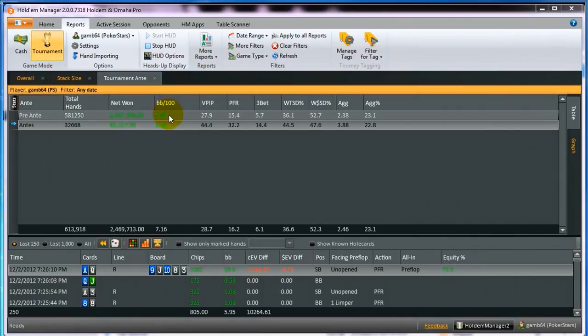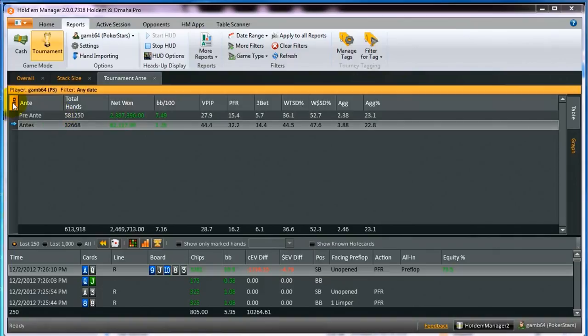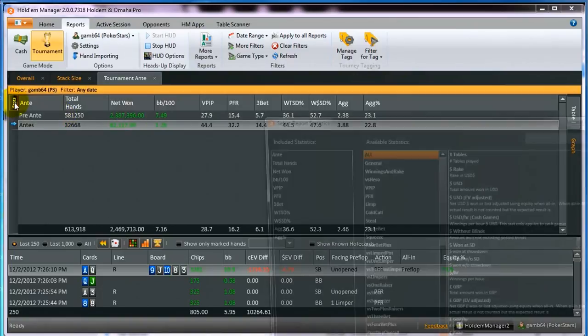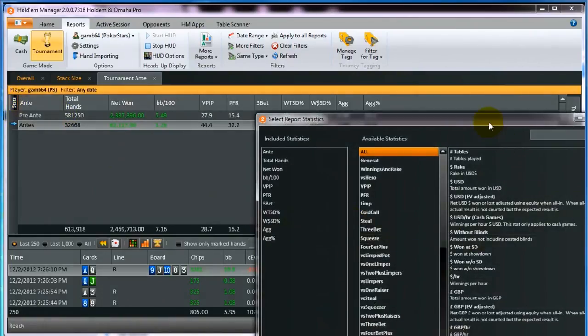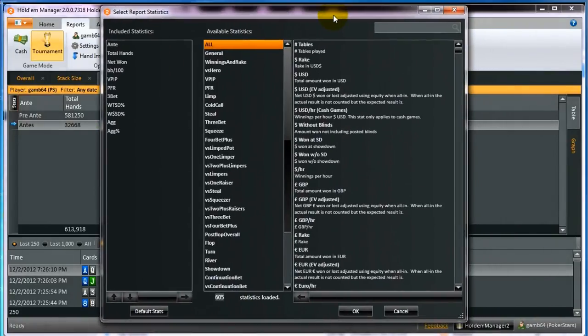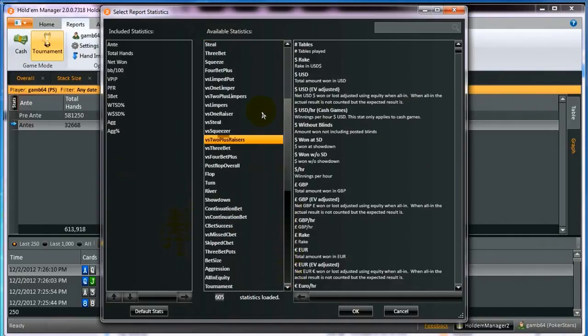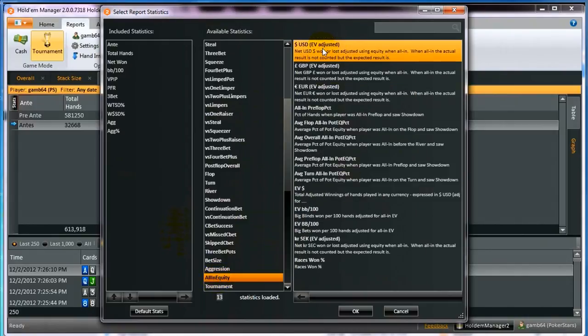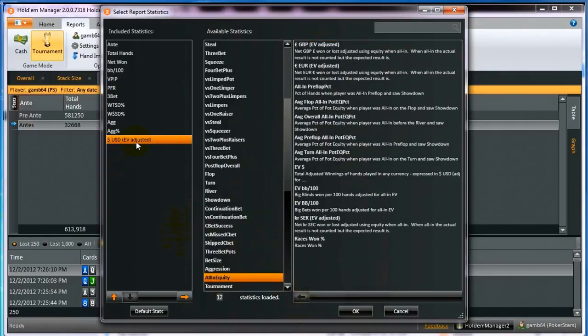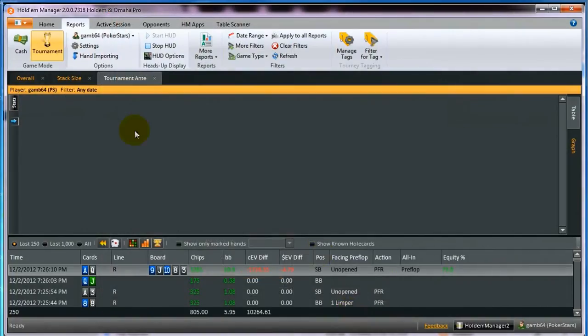If you really like looking at net chips won, I recommend that you add in the adjusted value statistic. To do this and take away that luck factor, I just centralize the select report statistics box, which of course you can bring up by clicking on the stats on the left hand side. In the middle menus at the bottom there's an all-in equity here, and then the first one is US dollars EV adjusted, and if we move that across and position it with the orange arrows next to the net one, this figure